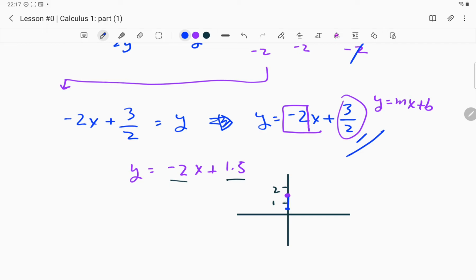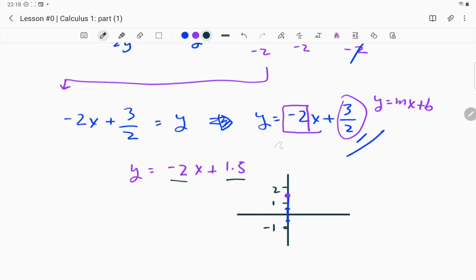Here's down by 1, and then down by 2 is going to be here. That's -1. So that's -2 for the rise,